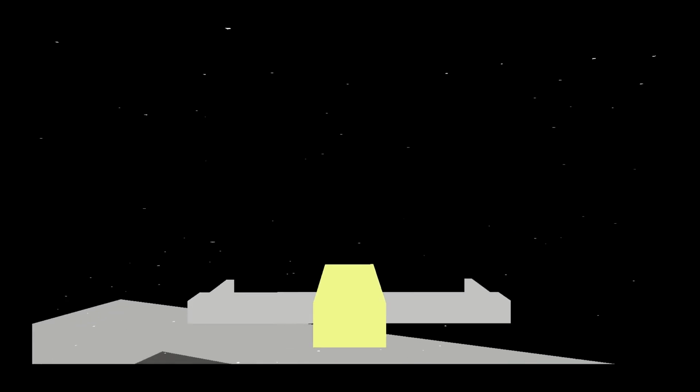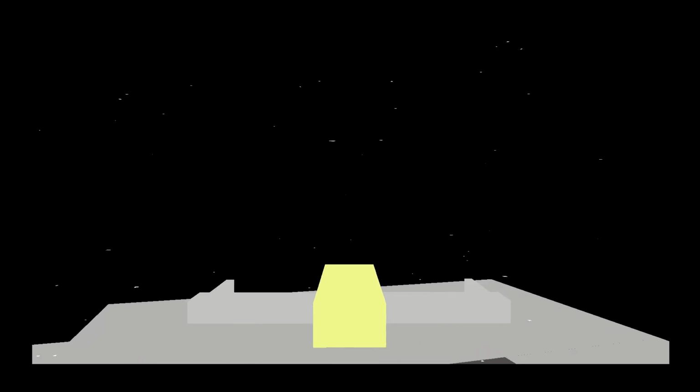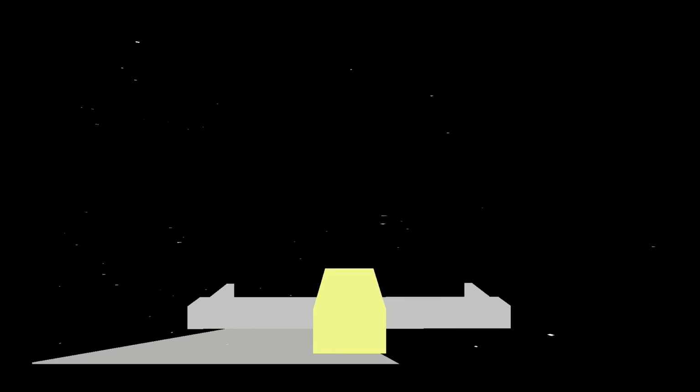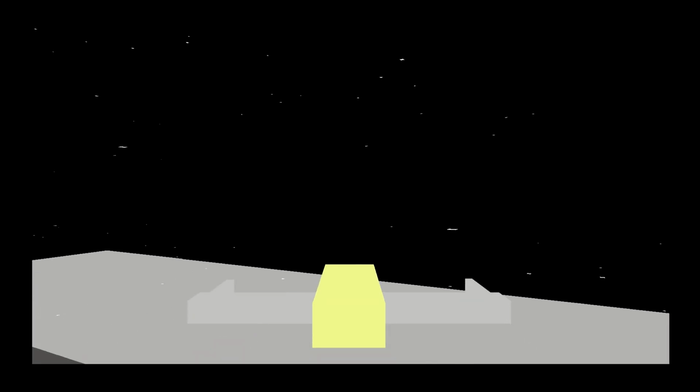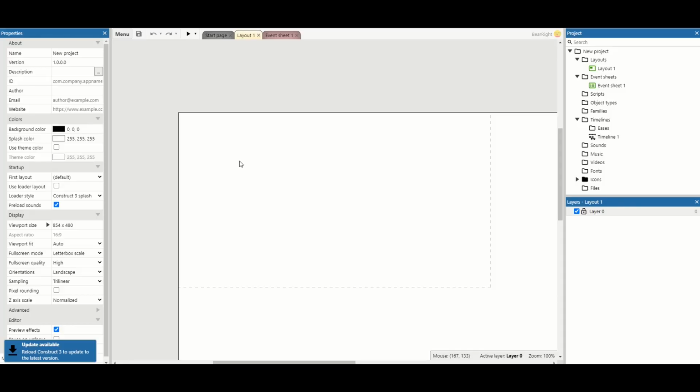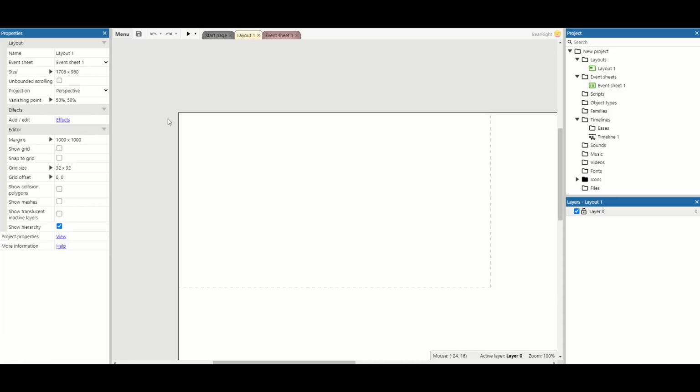I want to show you how I created this today, so you can have a working spaceship that can move around this 3D plane, and we can even have these trenches that we can go in as well. So let's get started. First thing we need to do is click anywhere to go